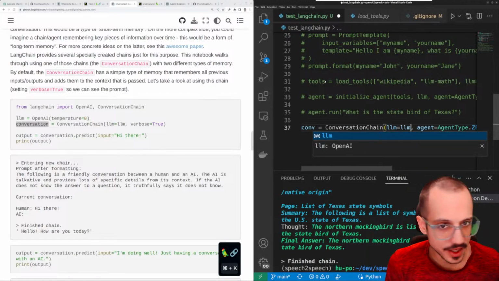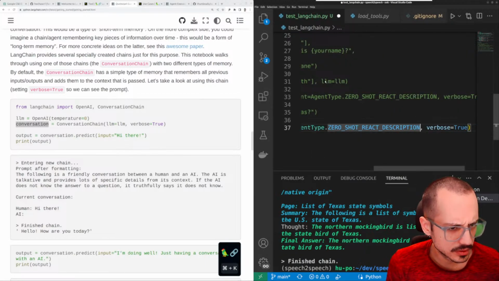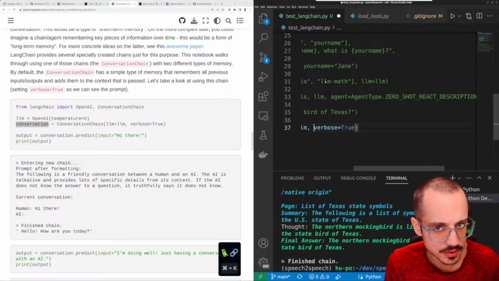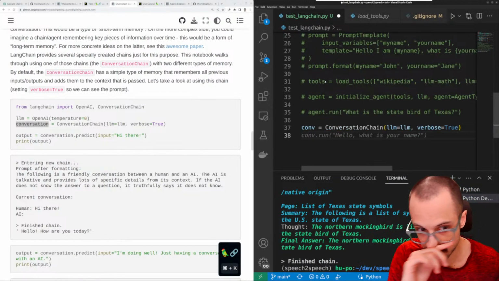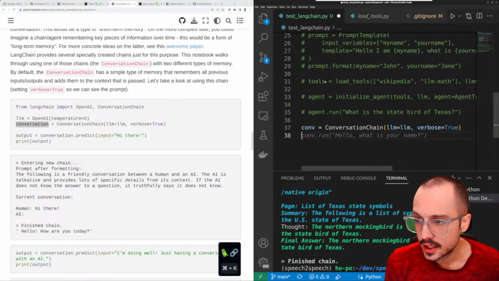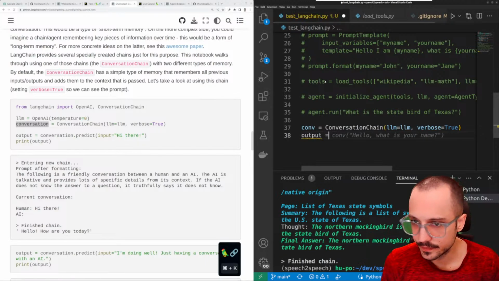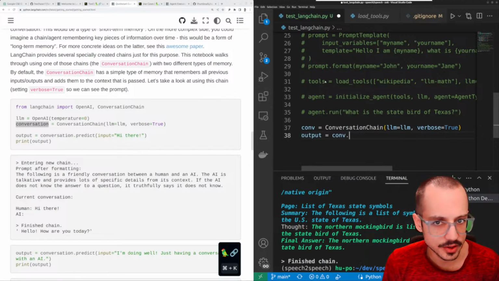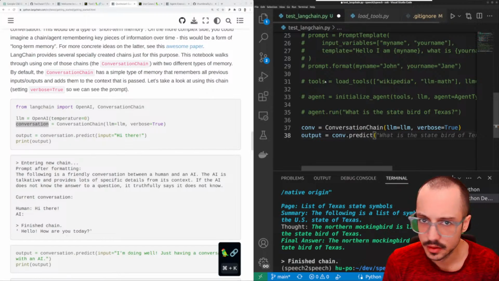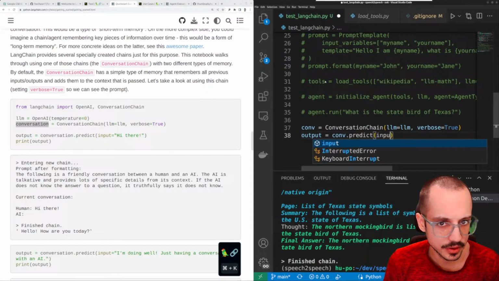LLM equals LLM, and verbose equals true. And we'll say output equals conv.predict, input